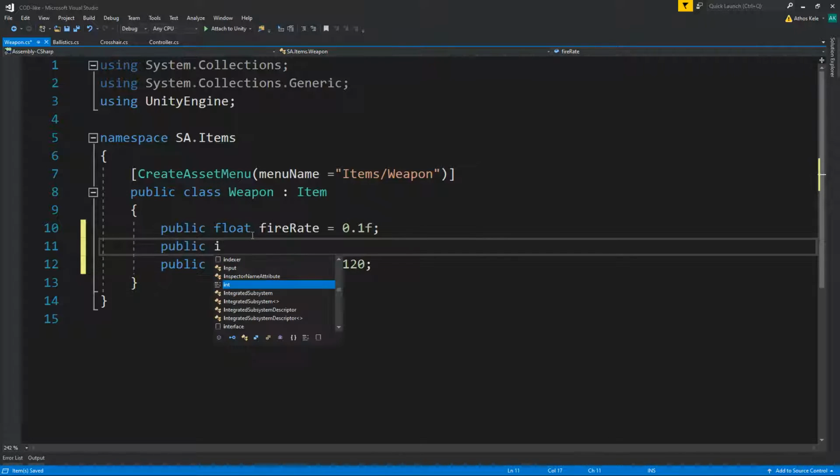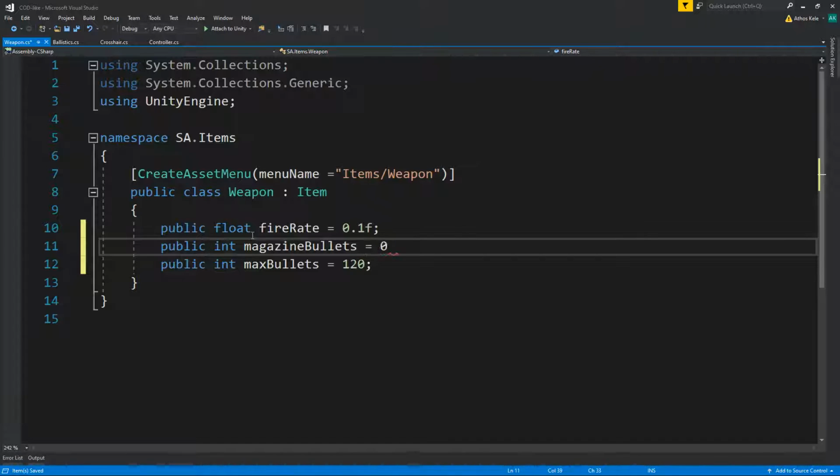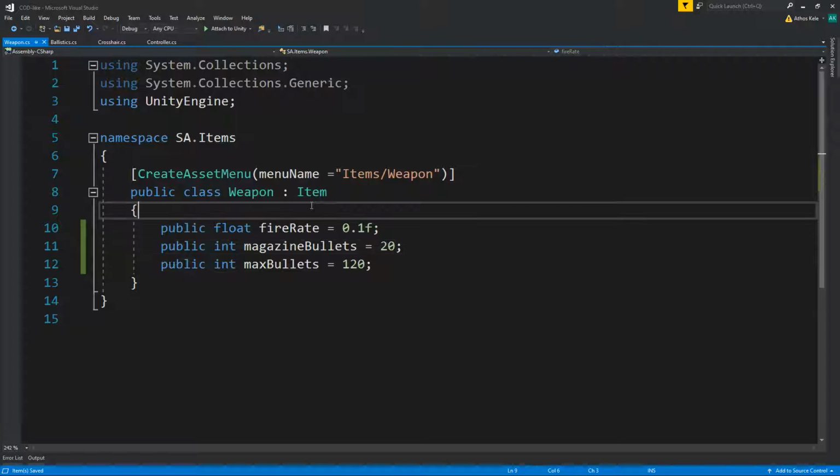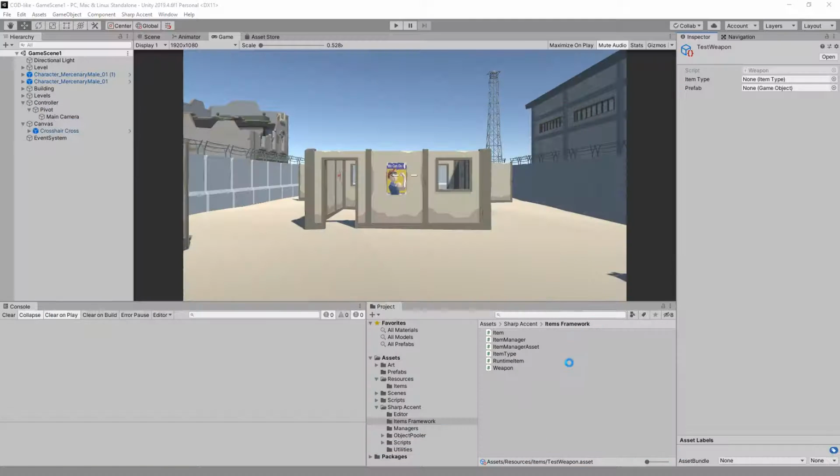We can also do magazine bullets, which let's say 20. Okay, so one thing to note, I'm going to edit a little bit the item manager